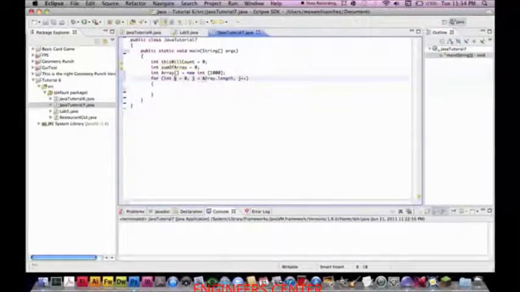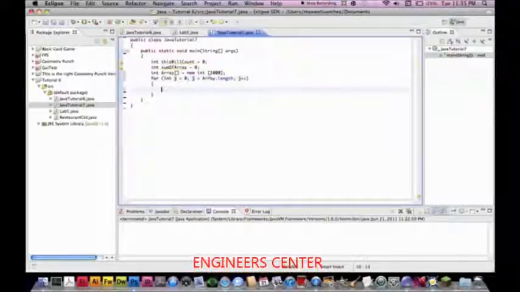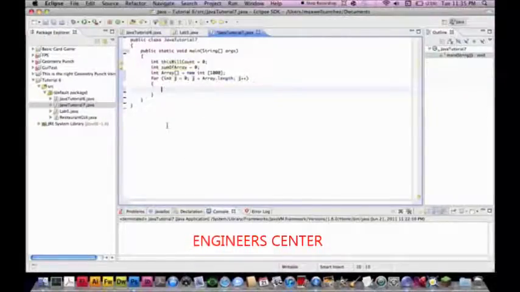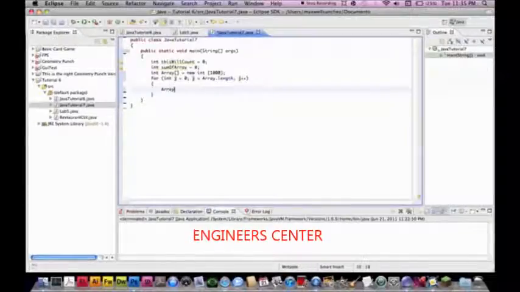Is it smaller than the array length? If yes, then add 1 to j, and then run this code. Now, if that j is smaller than array.length is false, then it'll move on to the next thing, if that makes sense. And so then in there, we're going to put array, and we're going to put j